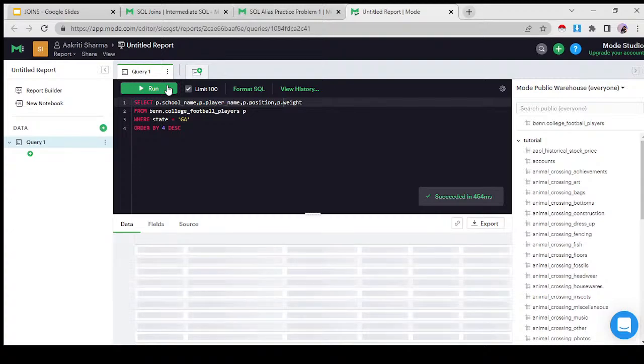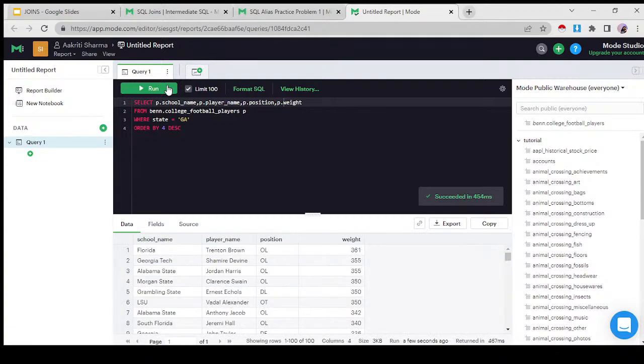You see, now the same query is working, but earlier it was not working. Editors are crazy. Not the writing editors, the code editors. Okay, that was chaotic. I'm sorry about that.